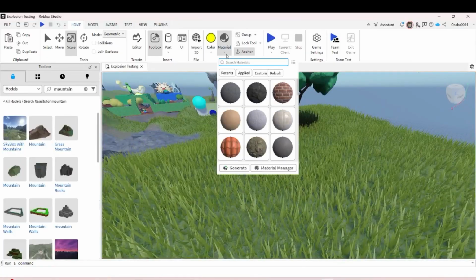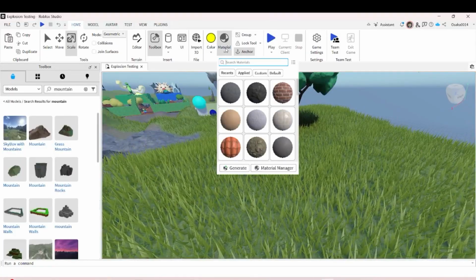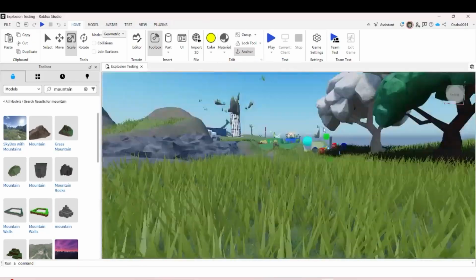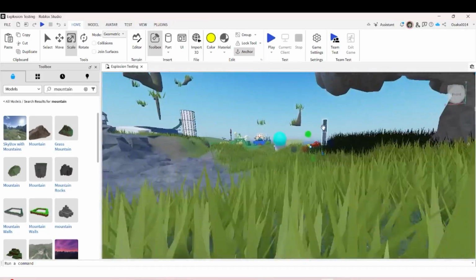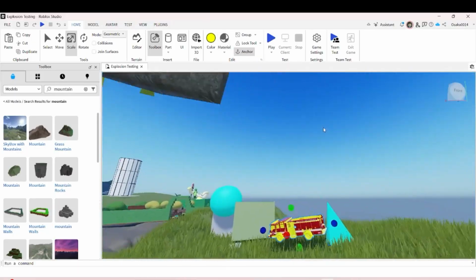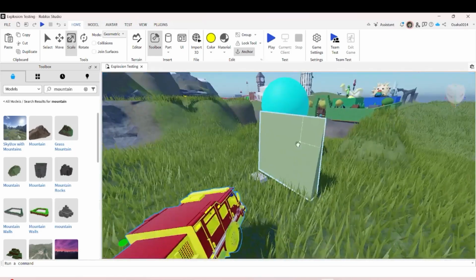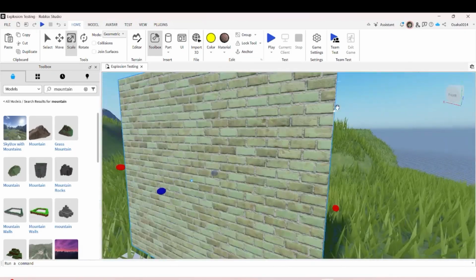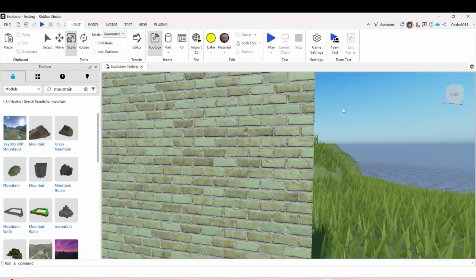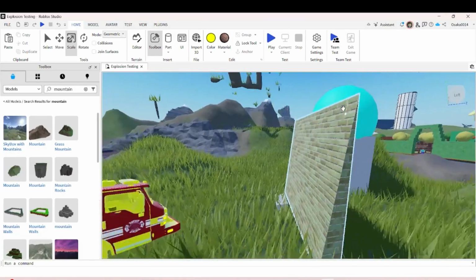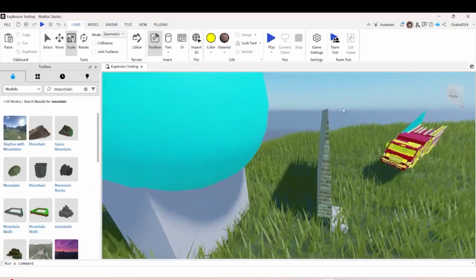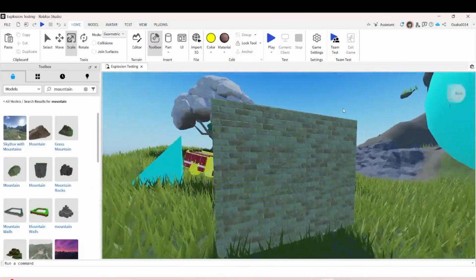For the material part, it's much trickier. Let's say you have a wall, and you want it to have a brick texture. As you can see, you can use the material to change the texture or the skin of the object that you want.